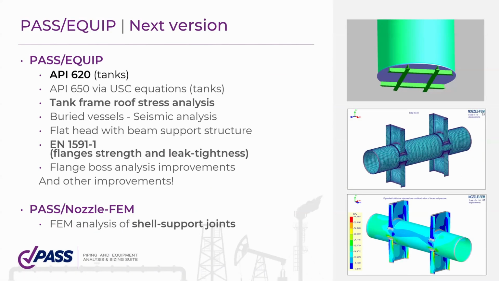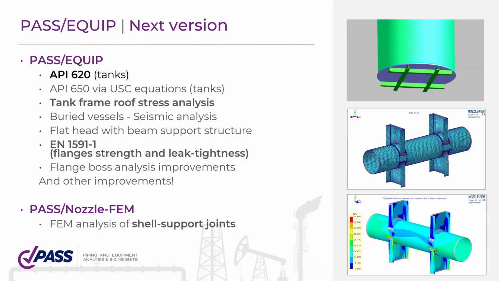And several words about what is coming. Two new versions are coming, a new version of PAS Equip and a new version of PAS Nozzle FEM. We are working on it just now, and some new features are already done and in testing. And what we are going to add in the new version, we are going to add API 620 for tanks, and for API 650, we will add the presentation of the same calculations using imperial equations, because sometimes there is a small difference in metric and imperial equations, but some of our customers prefer to have it put in the report